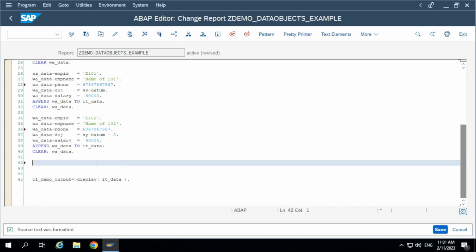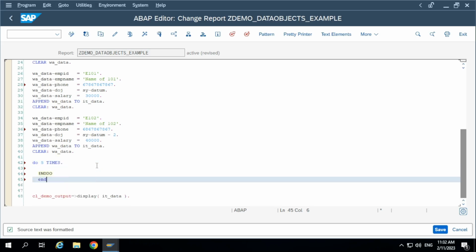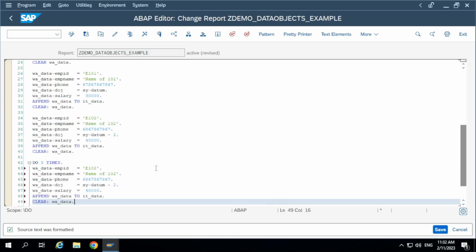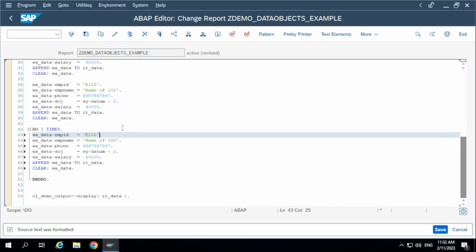Or you can write a do loop like this. Do 5 times. What will it do? It will repeat the same steps for 5 times, multiple times, correct? It will repeat the same statements. Whatever we included in between this do and enddo will repeat for 5 times. Add it here. For example, this equal to